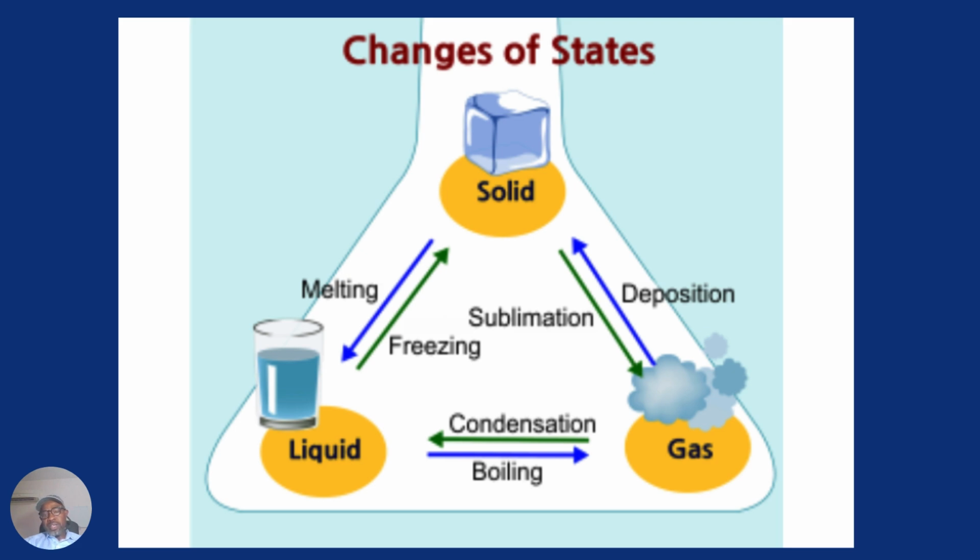Then we also have it here. A solid can change to gas by a process called sublimation. And a gas can change to solid by a process called deposition. Now, you were not taught sublimation and deposition in the class because it's not in your syllabus, but I just added it here for more information for you as you go to a higher class. Okay,